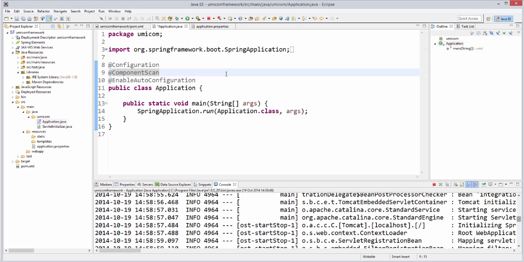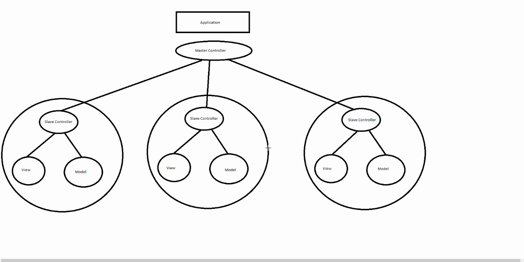Right, so moving forward, what I've decided to do is quickly draw a diagram of what Umicom Framework is all about and how it actually differs from other MVC frameworks. Now, the way I've designed it, and this is just an illustration, and we're going to implement it in Eclipse in a moment. I've showed you the application, which is the main class called application, and that will basically communicate